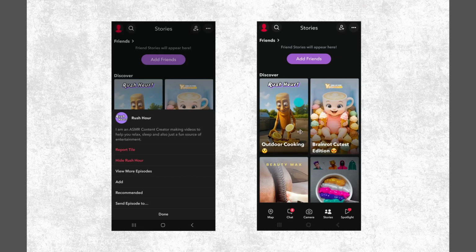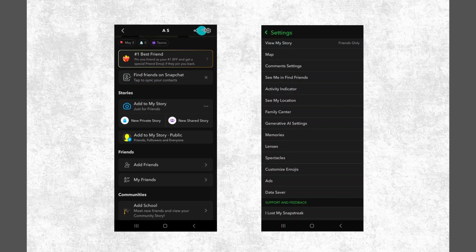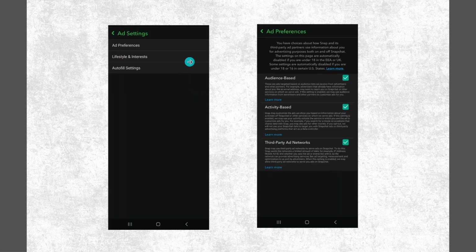Snapchat experience. First, make your way to the settings menu. You can access this by tapping your profile icon positioned at the top left corner of your Snapchat screen and then tapping the gear icon symbolizing settings at the top right. When you're in the settings menu, scroll down until you find privacy and then tap on ads. Here's where you can adjust your ad preferences. Though it won't entirely remove ads from your experience, tweaking these settings will limit how personalized and frequent ad content